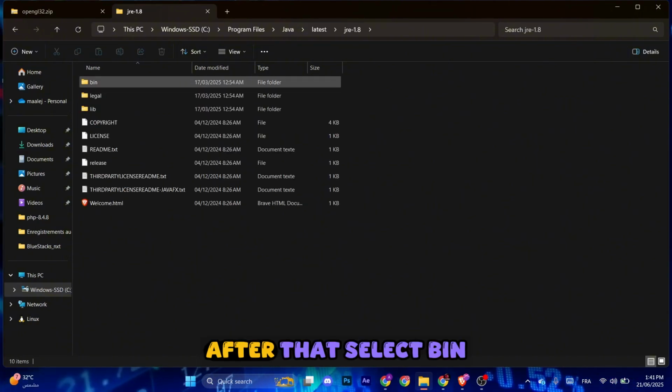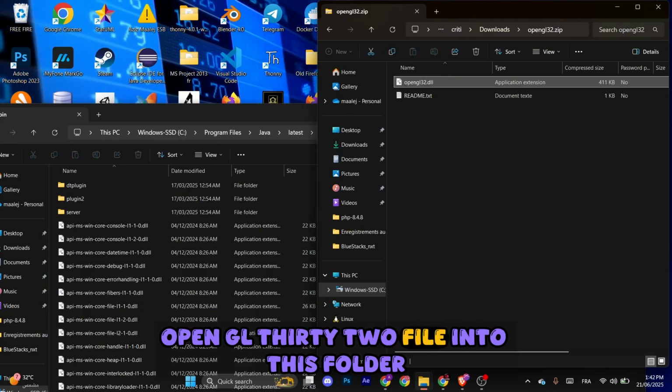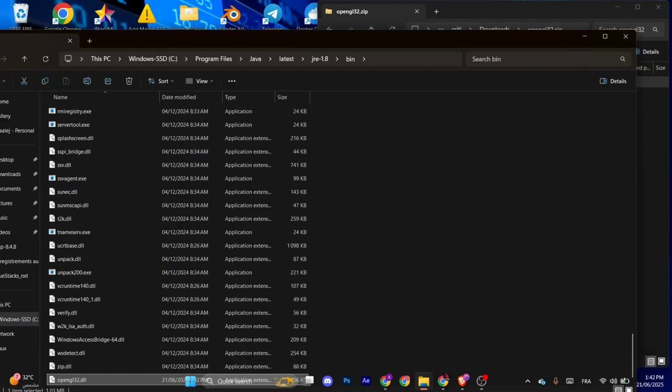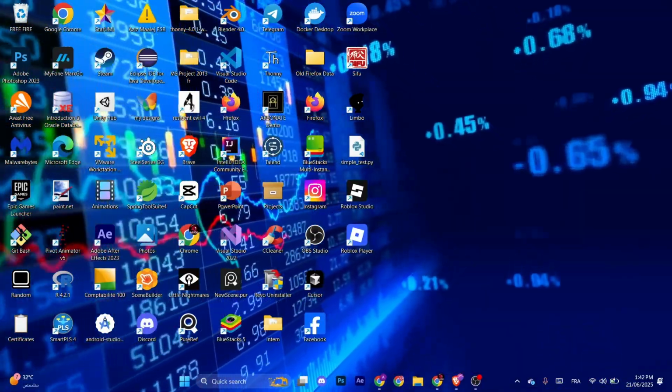which is this one. After that, select bin, and we just need to drag and drop the OpenGL32 file into this folder. Make sure to click continue. Now make sure to close all the tabs, restart your PC, and then try to launch Minecraft again, and your